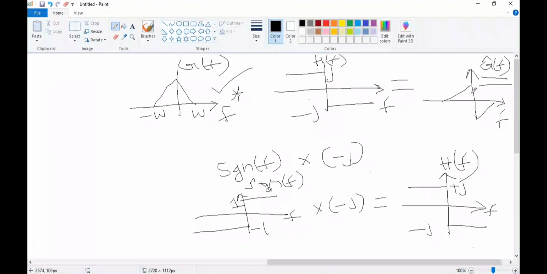I have done this only to show that G cap of t consists of both negative frequencies and positive frequencies. So here I have the signal for both the positive and the negative frequencies. For f greater than 0 I have the function, and for f less than 0 also I have the function. I want to represent the signal only for the low pass signal. This is nothing but the spectrum of the low pass signal. It means that this signal G of t is a low pass signal.